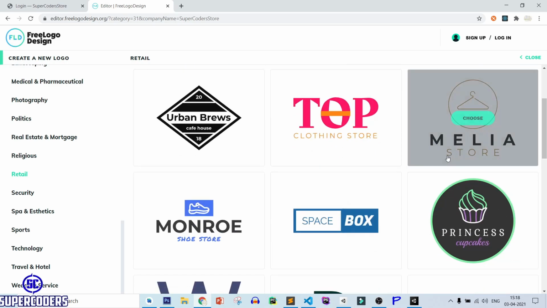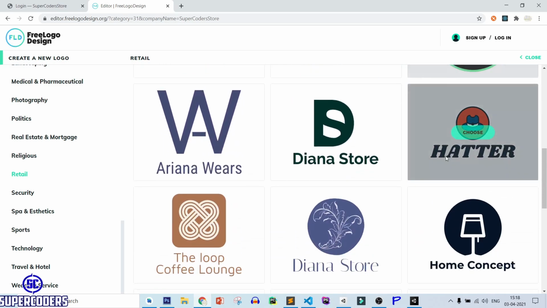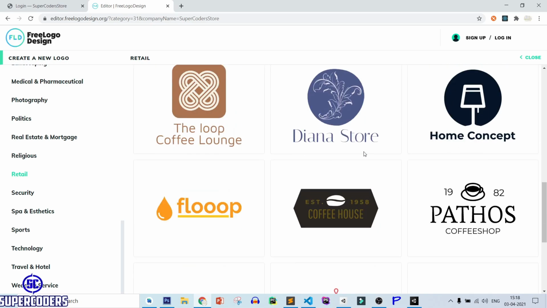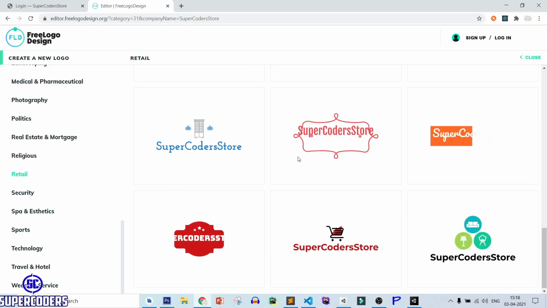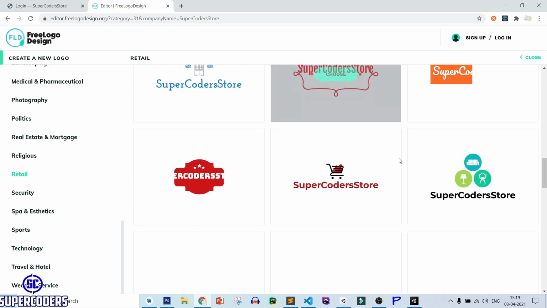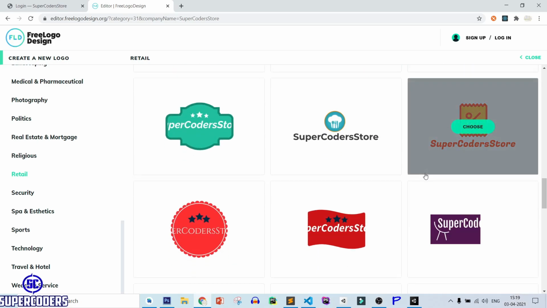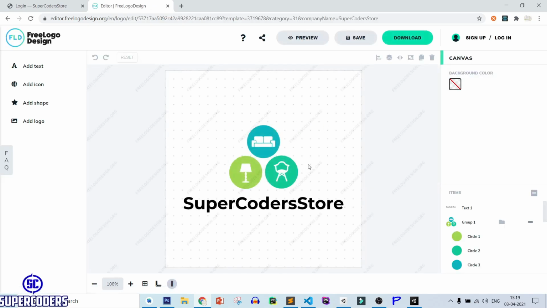Here are lots of logos it's creating. So let's use this logo, and you can see it's showing the logo.